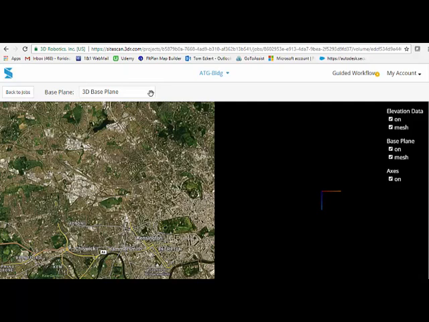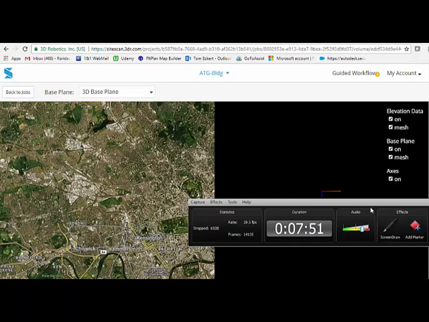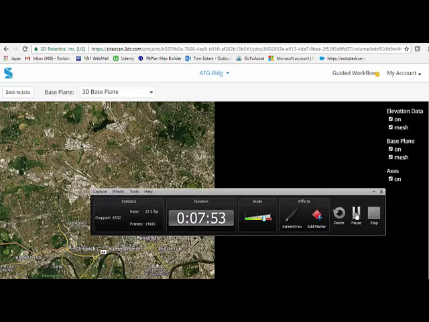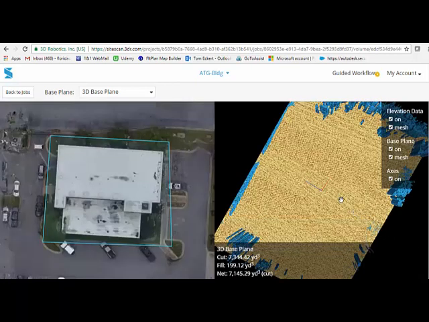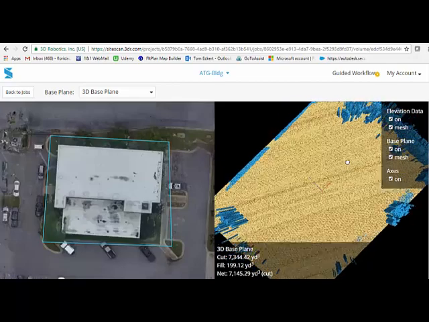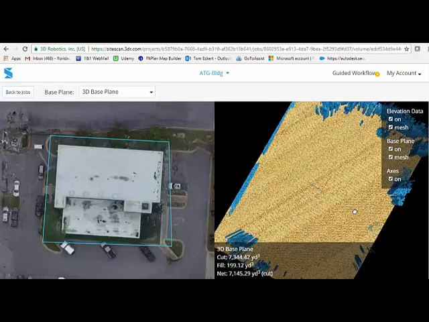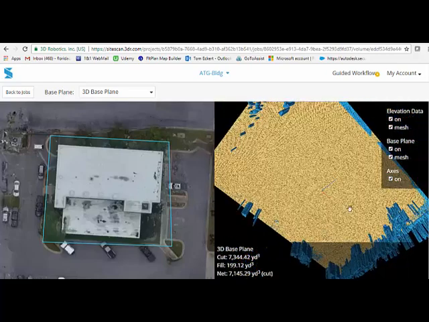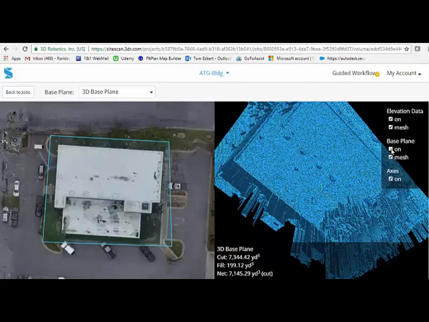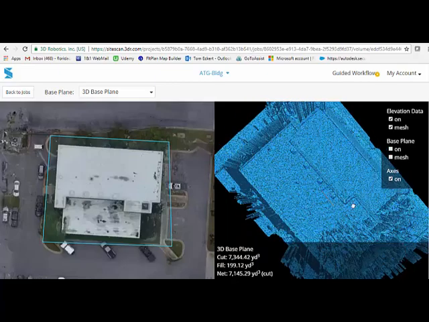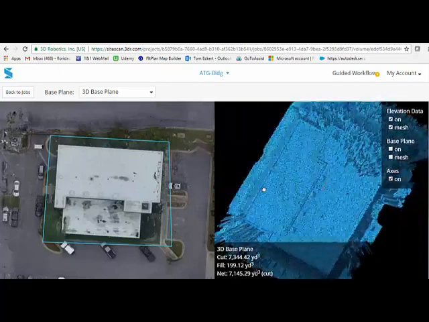Obviously, there are four different ways to do the base plane. You can do the whole lowest elevation, the highest elevation. But when you're looking at this individual base plane, I want to make sure that you understand the concept of the base plane itself. Now, as we're looking at it here, I'm actually panning and zooming around. I'm in the mesh itself. If I turn off the base plane, which is the brown, and the mesh, it gives me the ability to look at that data